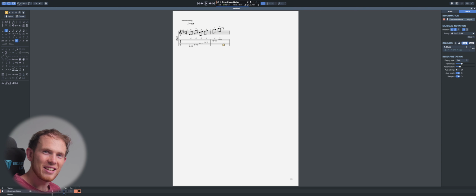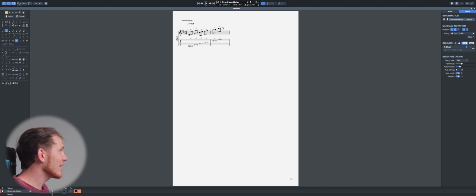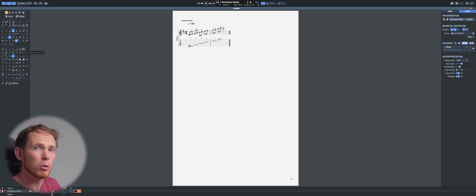You can even hear the slides in there, which is quite impressive. Similarly, if you wanted to add some hammer-ons, you can go ahead and do that. Some vibrato, palm muted notes, anything that you could possibly imagine, even hits from the thumb or the palm, or